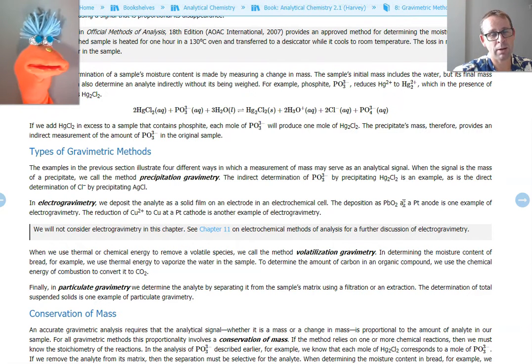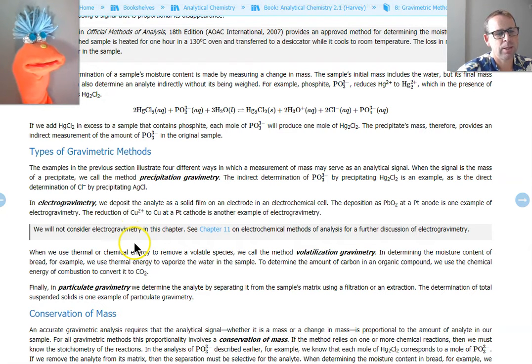When you do that, if you have a balance that can measure that small change in mass, then you can find out how much was deposited. And this is pretty safe generally because the electrodeposition will continue until there's nothing left to deposit. Okay,